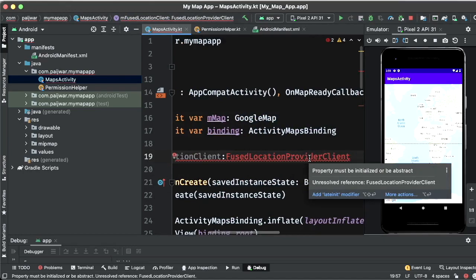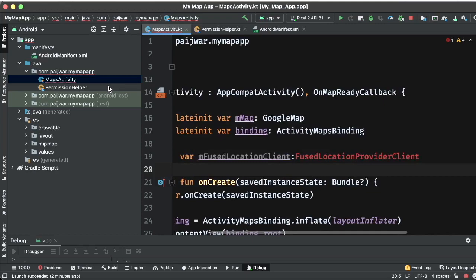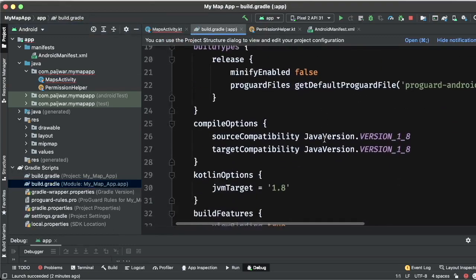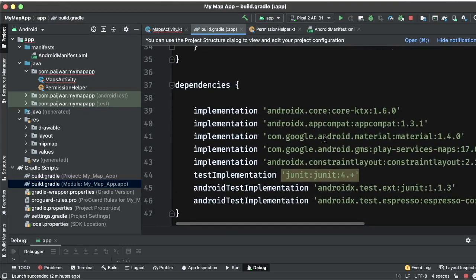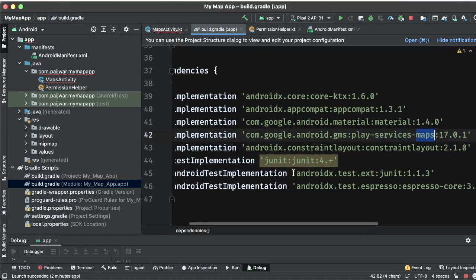So to use the location, we can say let init modifier, but still it's showing red. The reason it is showing red is that we have to include this in build.gradle. So we'll go back to our build.gradle and see what is included already. Here we see play services maps are included, but there is no location.